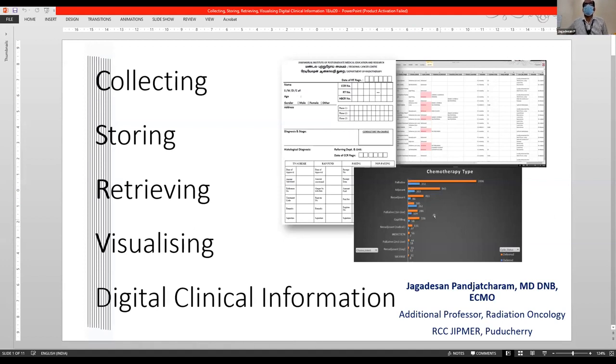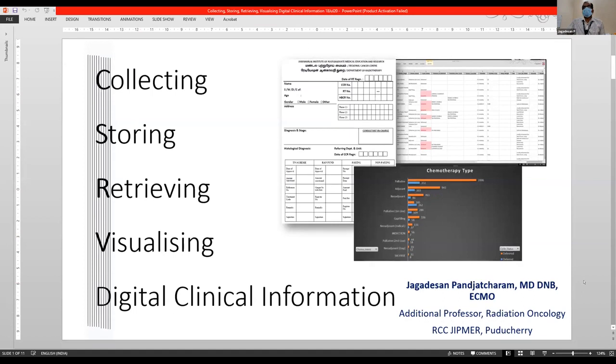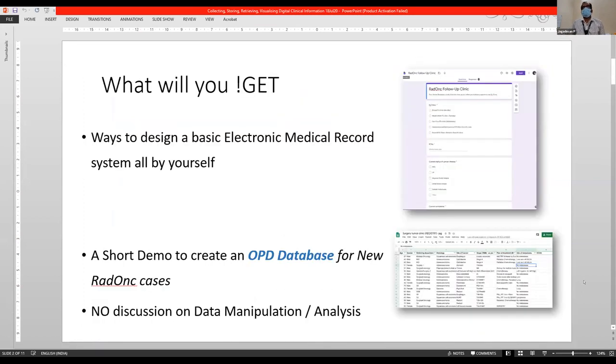Okay, without much ado, I'm going to talk about a brief presentation. It's going to introduce you to the concept of creating your own software or your own materials required to collect information, to store it, to retrieve it whenever you require it, and to visualize it in beautiful charts. Up till now, many of you would have used Excel for most of your activities. Excel is an all-in-one solution that helped us in doing the same data collection as well as generating charts out of it.